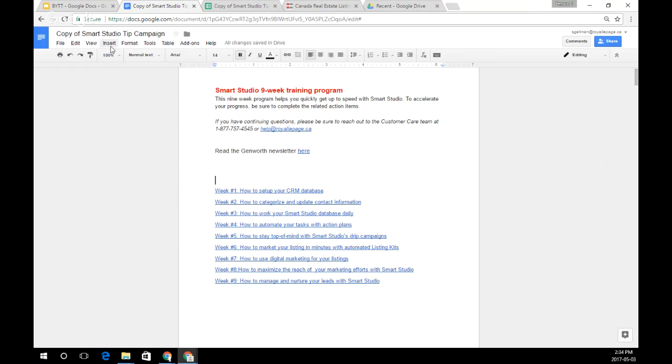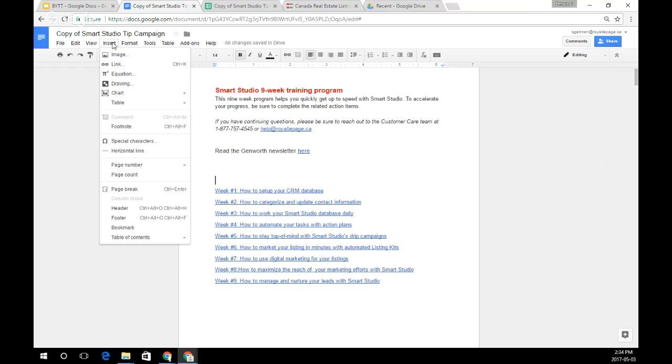So mostly it's the Insert. The Insert tab is unique to Docs. There's a lot of stuff in here that you can't find in Word, especially the linking, the images,